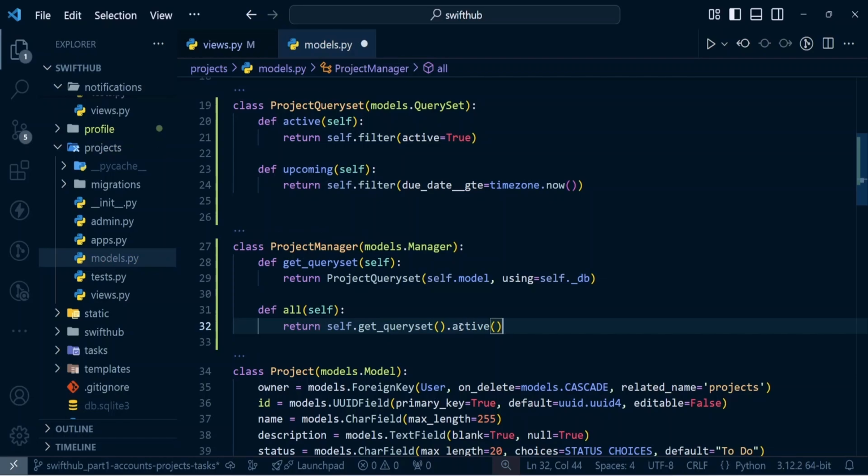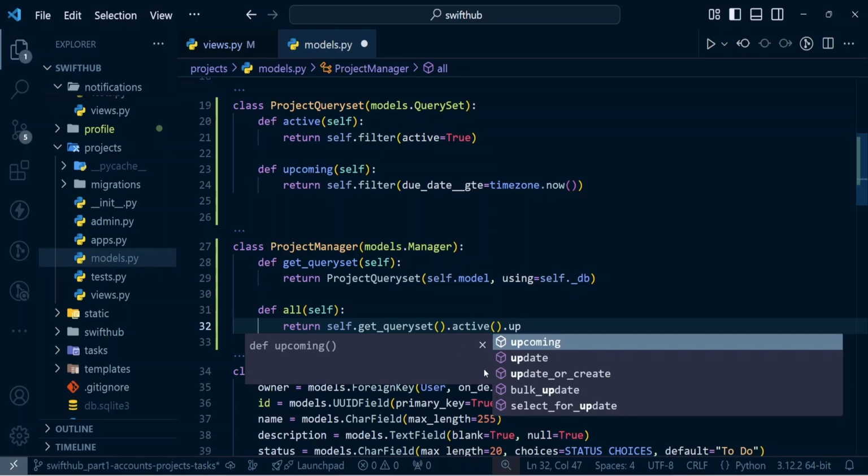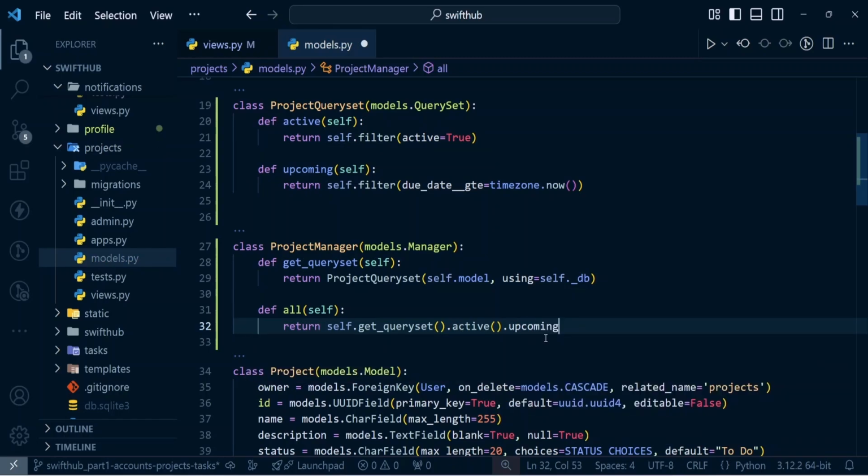And after we have gotten the active ones, it's going to give us all the projects in our database that are active. And that's not what we want. So we want to do another filter, and that is going to be upcoming. So now you see upcoming come up here. So the upcoming, essentially, like we said, is also going to give us the projects whose due date is